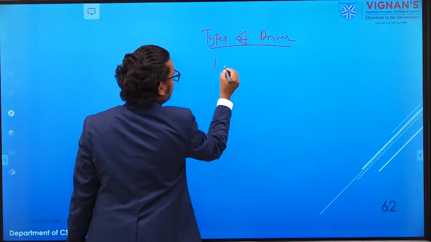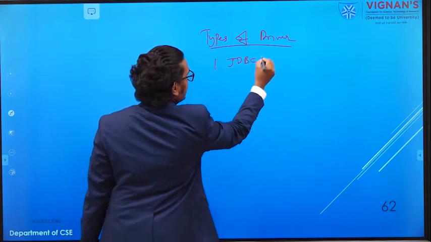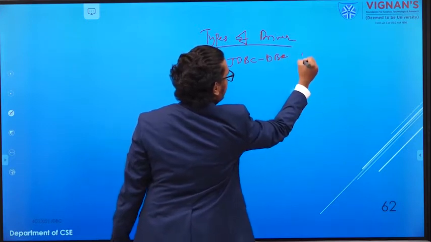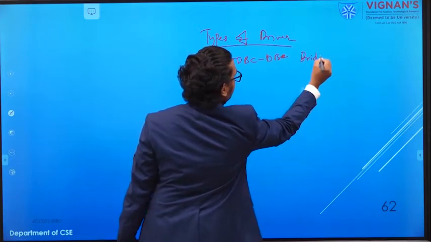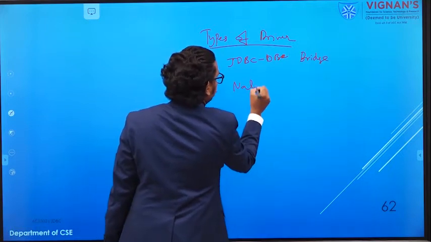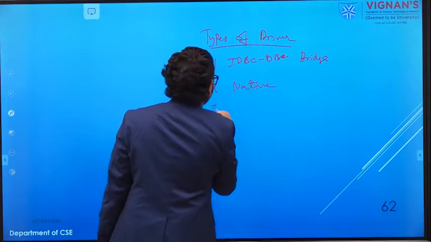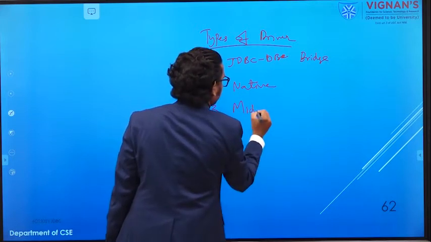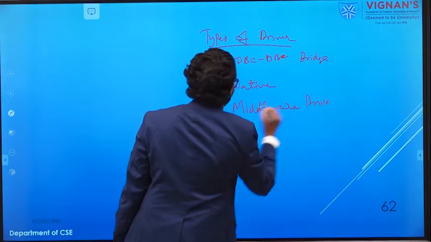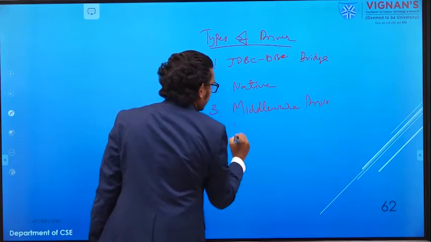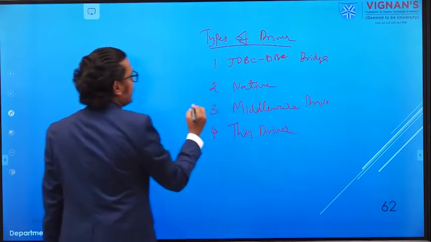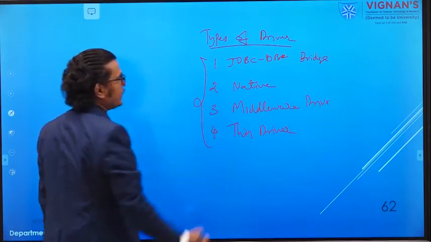The first one is the type 1 driver, that is the JDBC-ODBC bridge driver, the second one is the native driver, the third one is the middleware driver, and the fourth one is the thin driver. So in the previous class we talked about all these 4 different types of drivers.